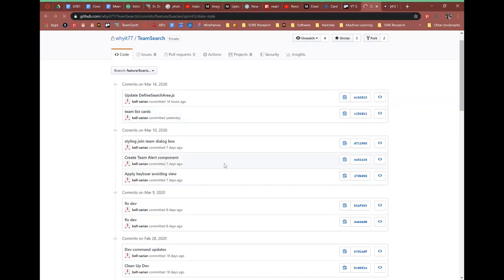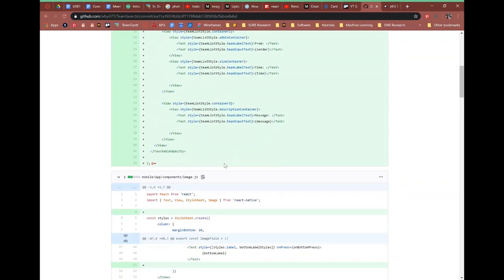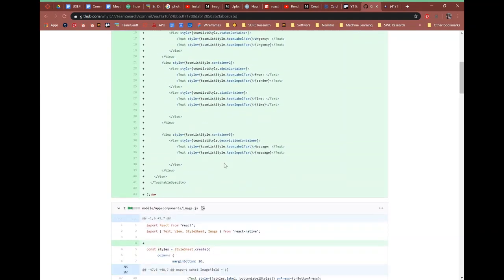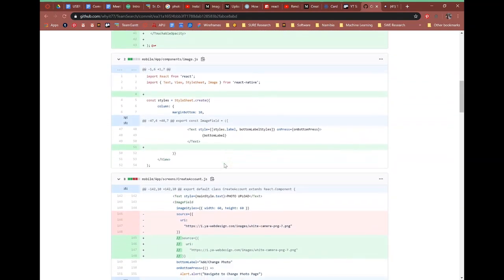this is when I created the Teamlet component. So this, I created a whole new folder for this and then tried to implement it into that file. And then